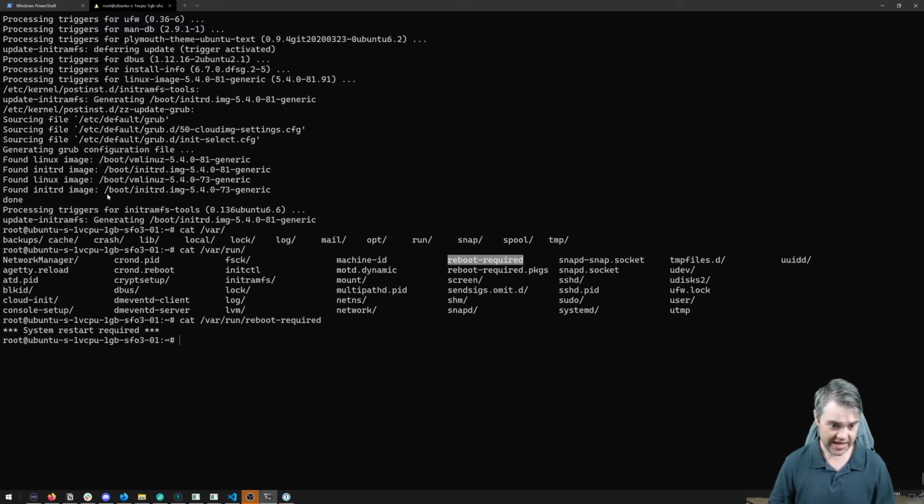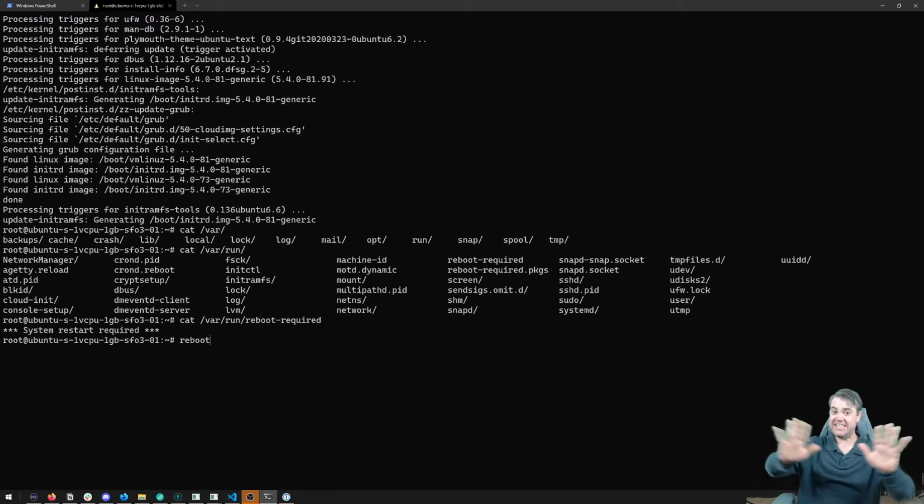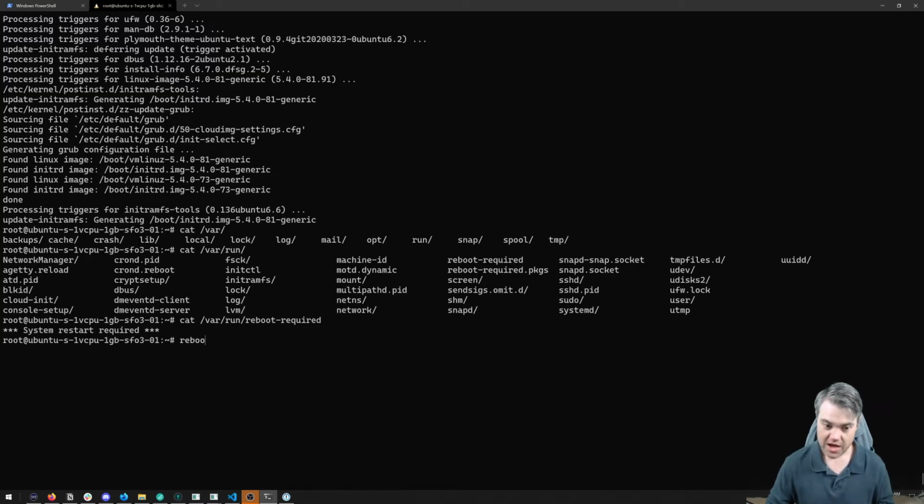There's a couple ways to reboot. I can just say reboot as root, and that will instantaneously reboot us. And this is fine. In fact, this is what I'm going to do today. However, just be aware that there's another way to reboot the system. There's actually several ways, but another really good way to do it is shutdown